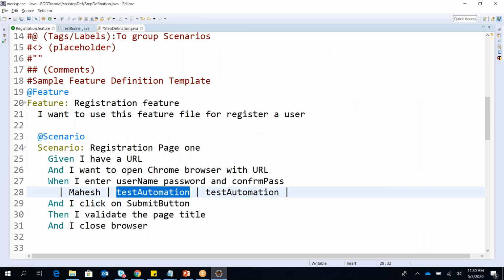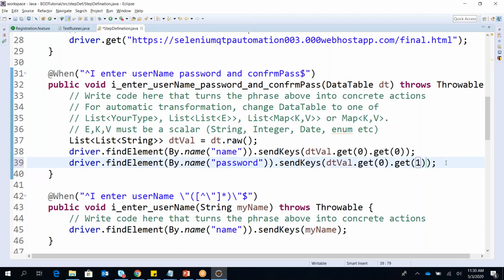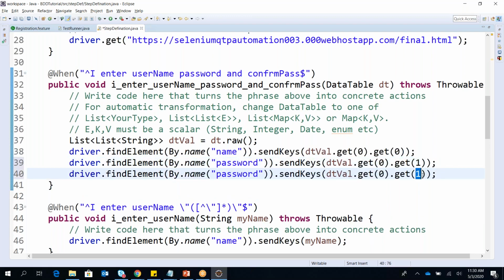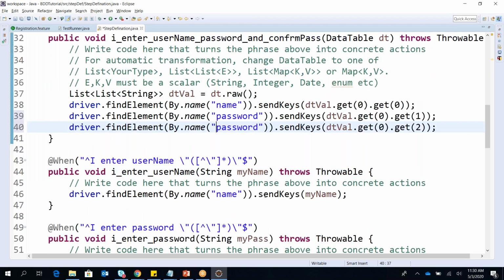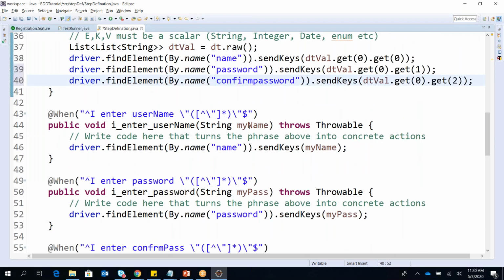So I'm going back. I said first, and I copy this the same way. This time we have 2, and here it is. I need to take that value to confirm password. Okay, I'll take this, and I said confirm password.